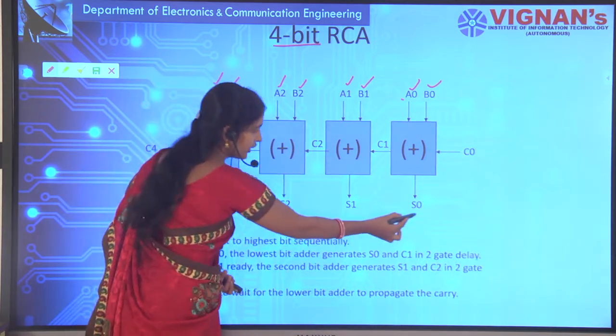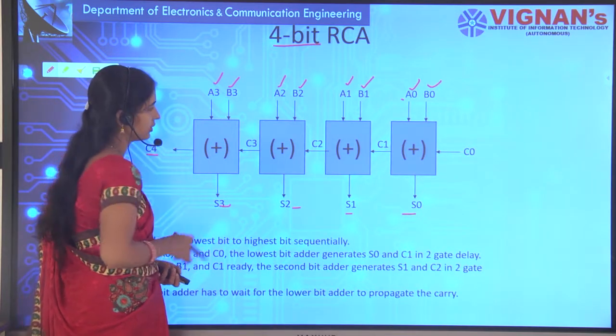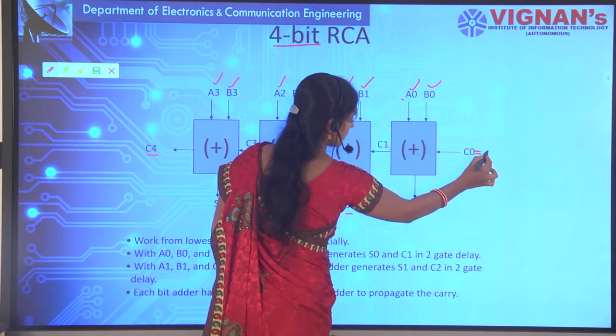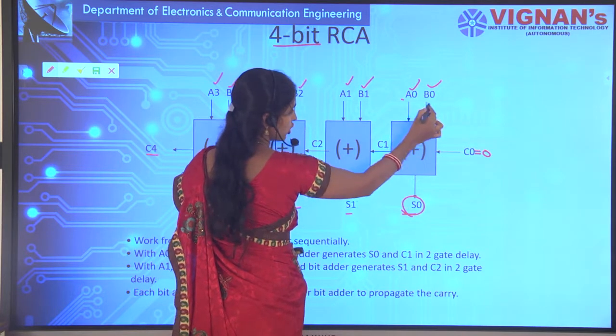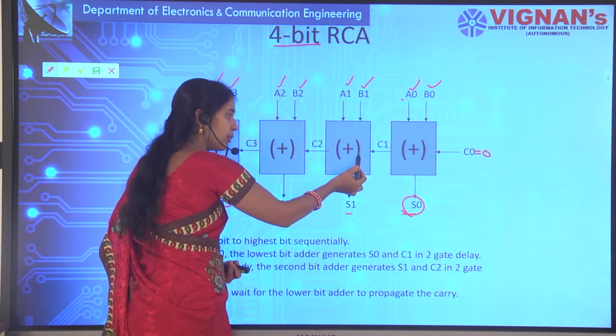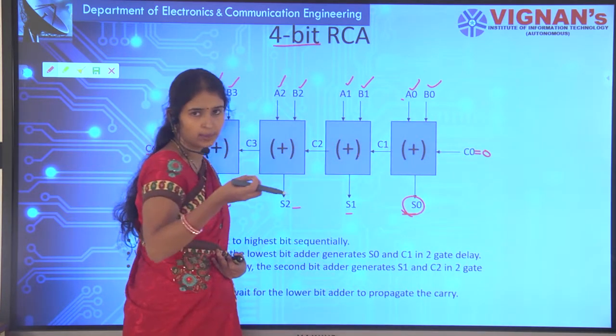It is generating the sum of 4 bits as well as the carry. Now see here, if the carry input is equal to 0, it will add. That is, sum is equal to A XOR B XOR C, and whatever carry is generated will be propagated to the next stage, as you would do with paper and pen.